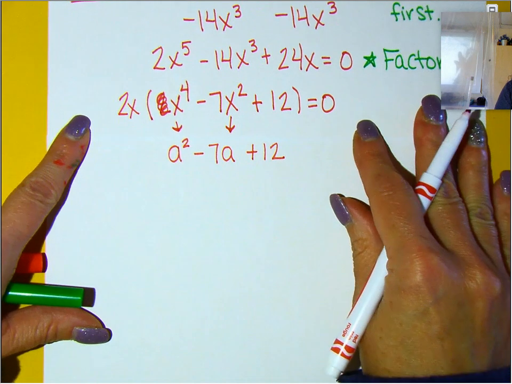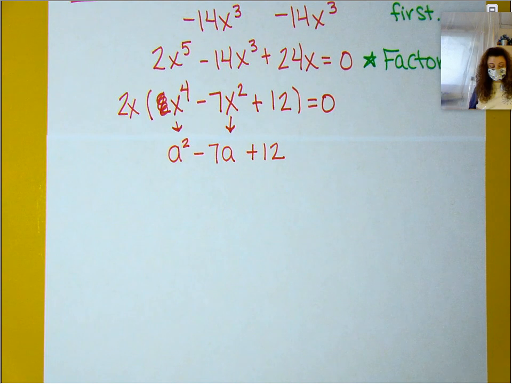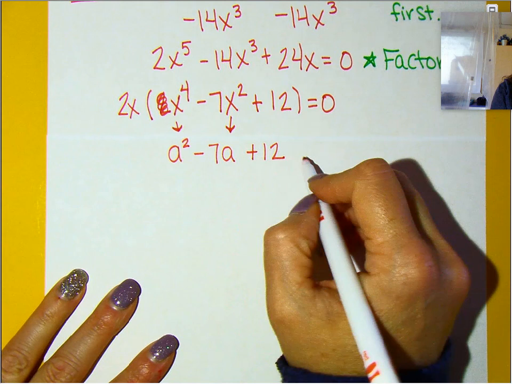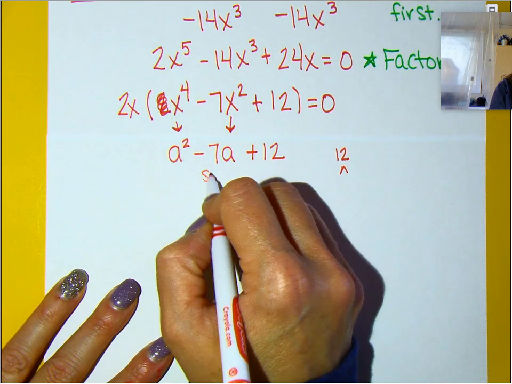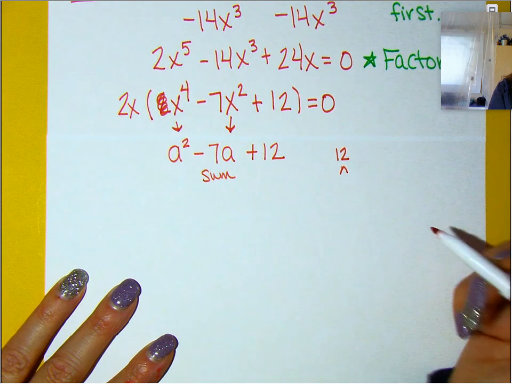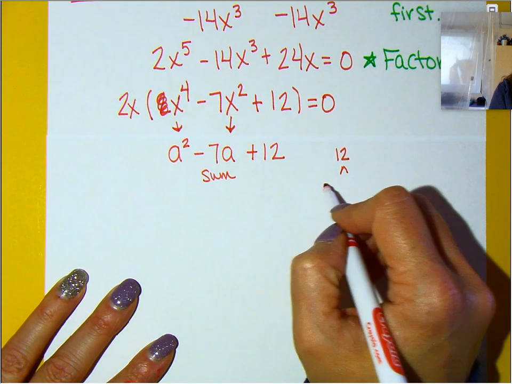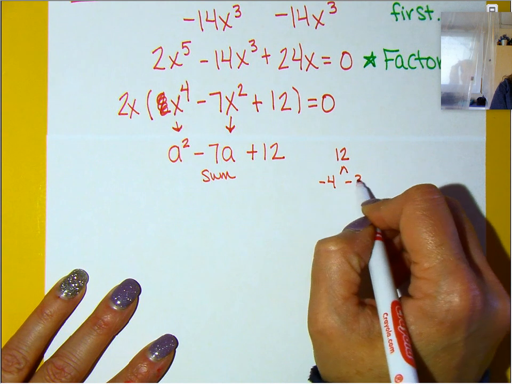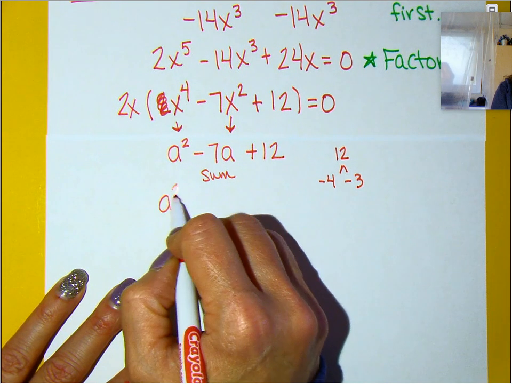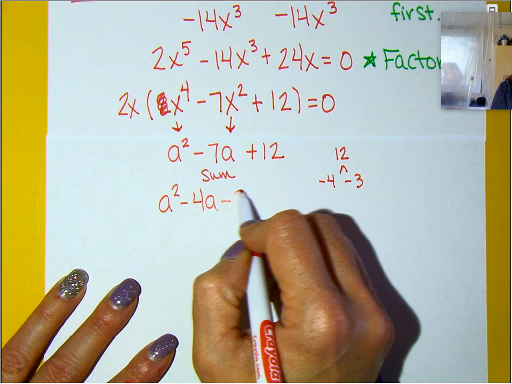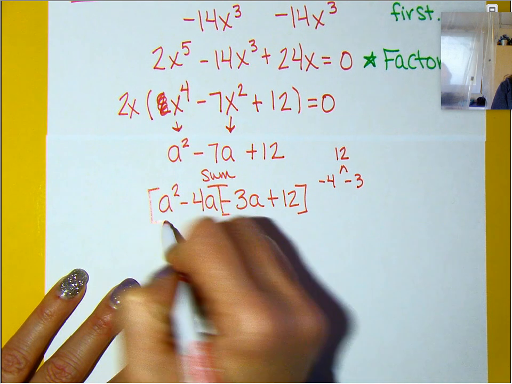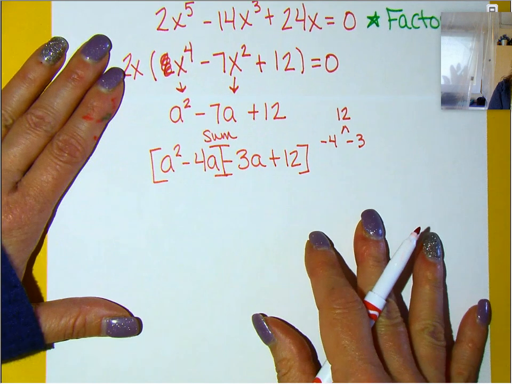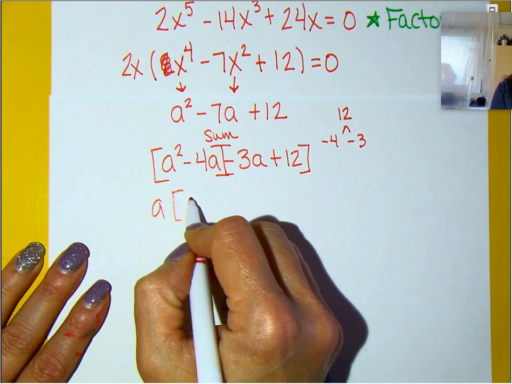And we're going to ignore that 12x for just a minute, but you can't forget about it in the end. So don't forget about it. But let's go ahead and factor this. So I need factors of 12 that add up to -7. -4 and -3. A squared minus 4a minus 3a plus 12. Good. Right there, what comes out of the first group,